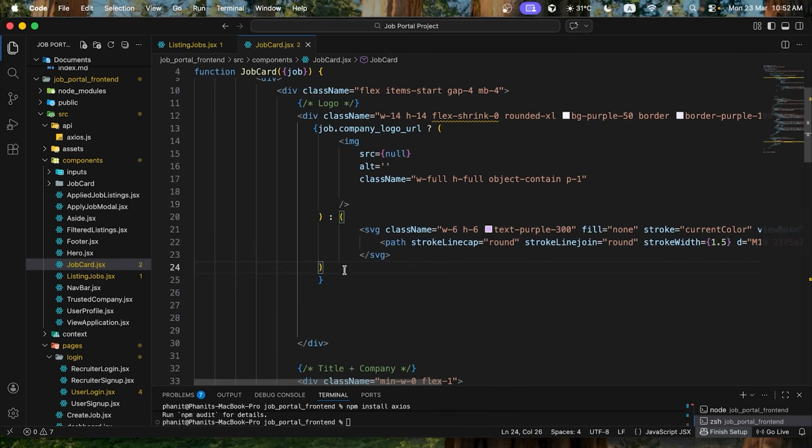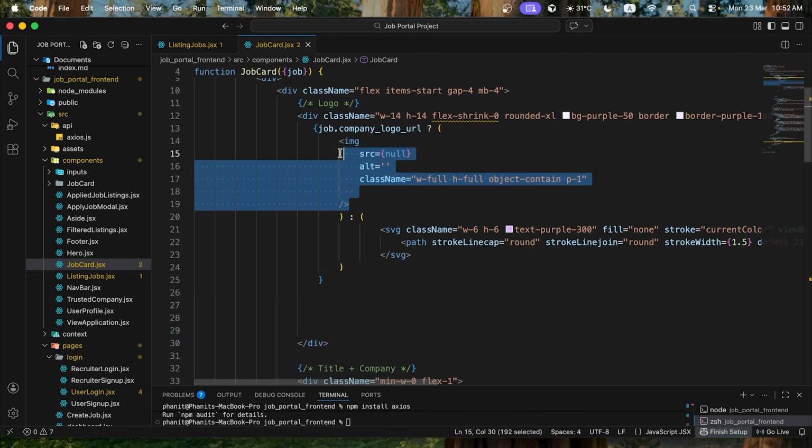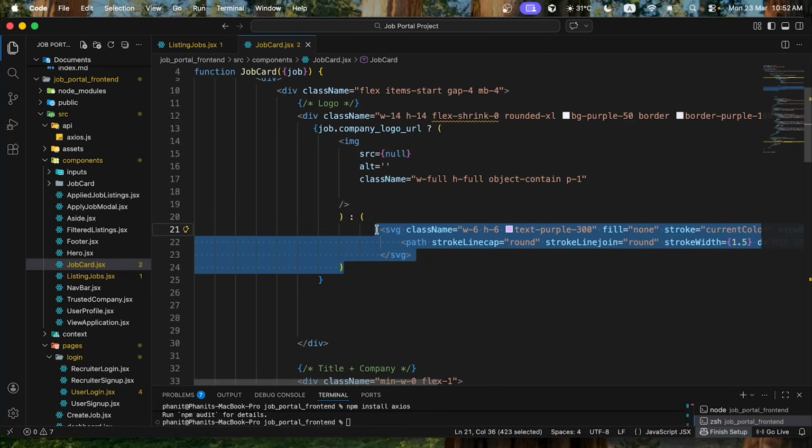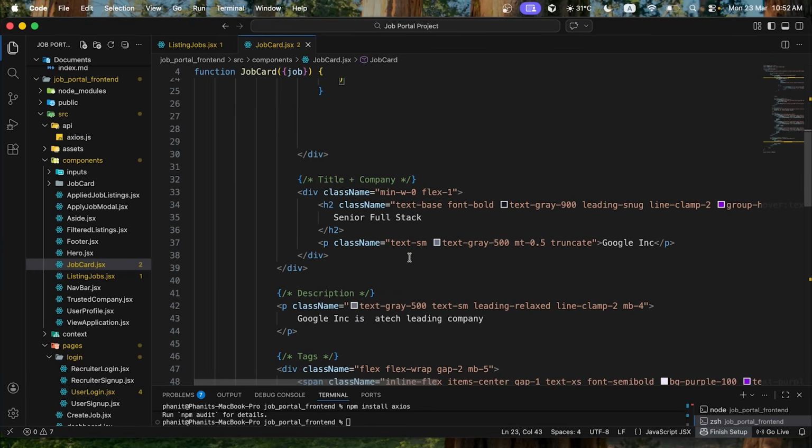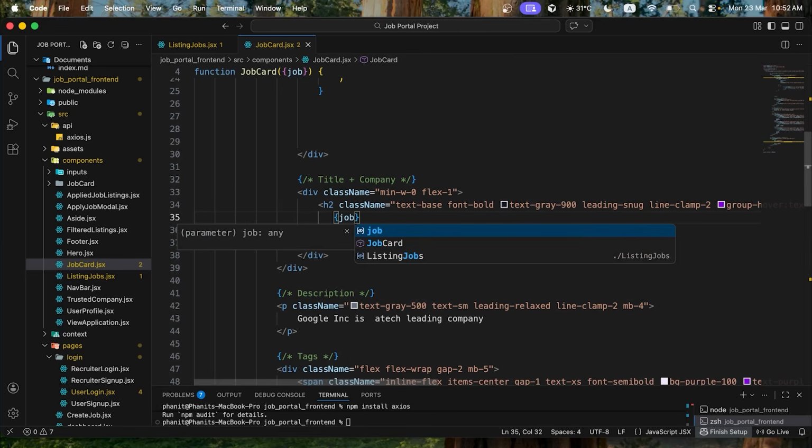I'm going to add a little bit of space right here. So if there is a logo, I'm going to output the image, and if false, I'm going to output an SVG that has some styles set in Tailwind CSS right here. Then you scroll down, and this is going to be the job title. So you delete this, and it's going to be job.title,